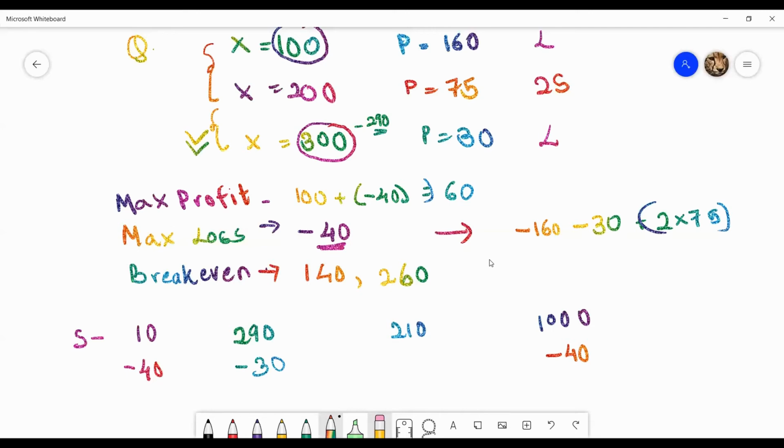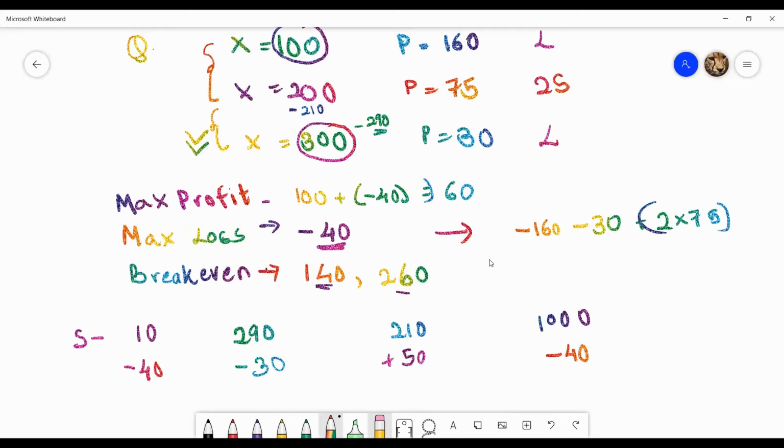Come to 210. 210 is above 200, so 210 will lie here, right? And from 260, where is 210? It is lower by 50 points. But 260 is your break even, so anything below 260 is profitable to you, up to 140. But now we have to just consider the second bracket. So that is why your profit here is 50.